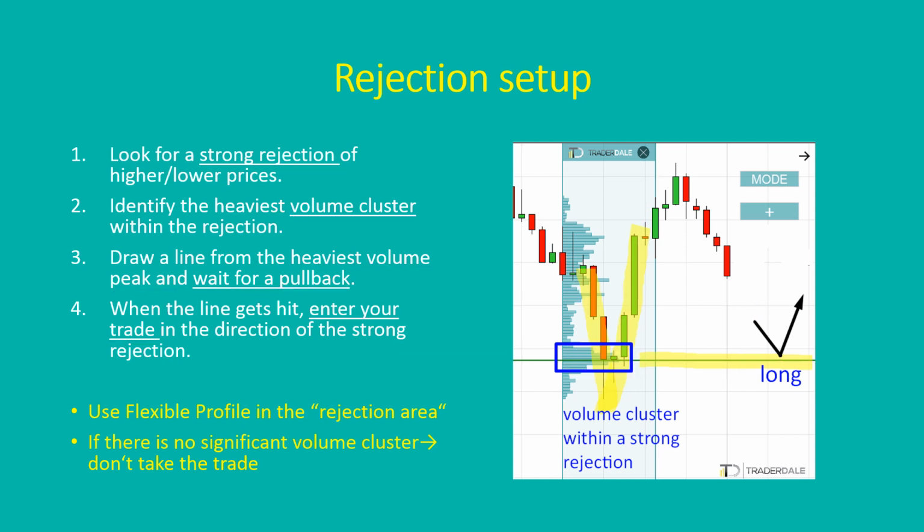Alright? You use the volume profile on the rejection area. As in the picture, this is the rejection area. This is where you use the volume profile. You are interested only in the volumes within the rejection. And the very important thing here is, if there is no significant volume cluster within the rejection, then you don't